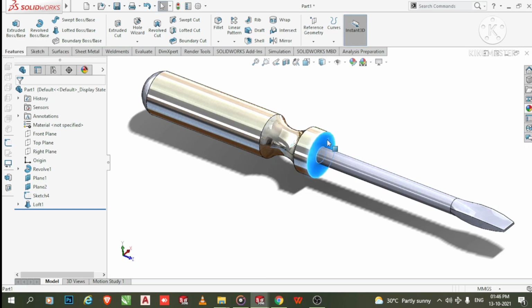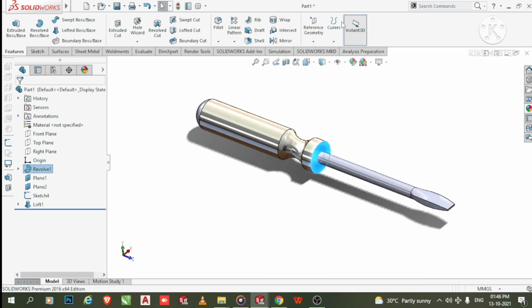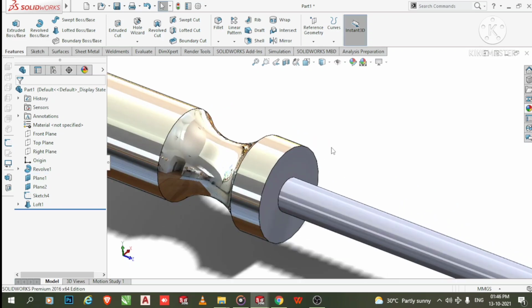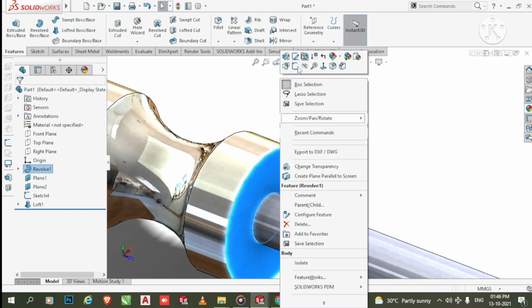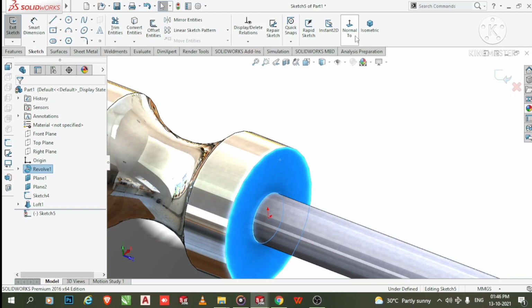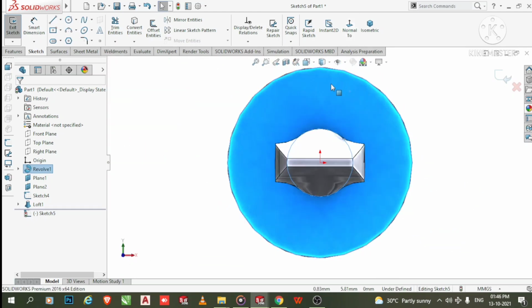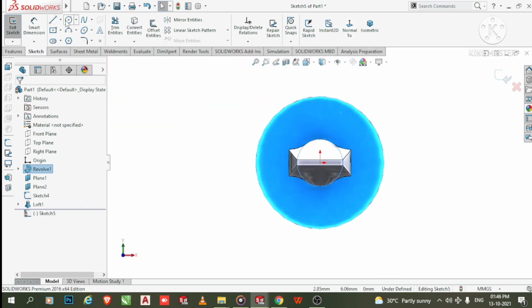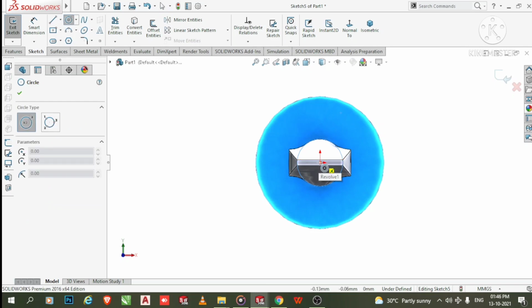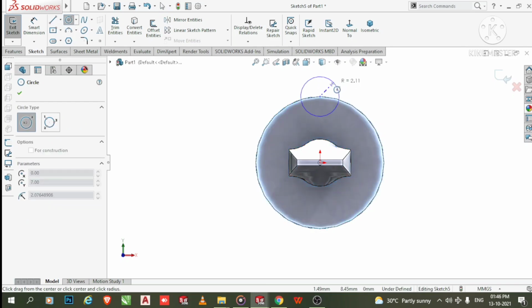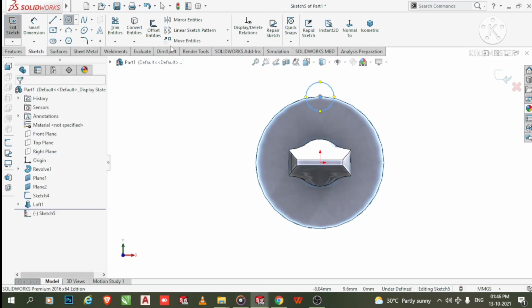So select this face, right click, sketch, normal, and here we create circle. So select this point and make the circle of diameter 3.